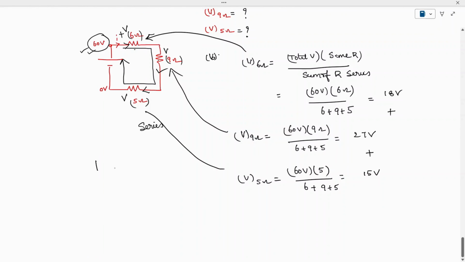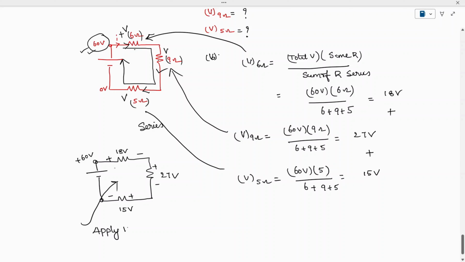So when you are going to apply the KVL, the network is like this. How much is applied or given in the problem? 60 volts. The developed voltage across this resistor is how much? 18 volts. The developed voltage across this 9 ohm resistor is how much? 27 volts. What is the voltage across this 5 ohm? 15 volts. So whether we have done it correct or not, we are going to